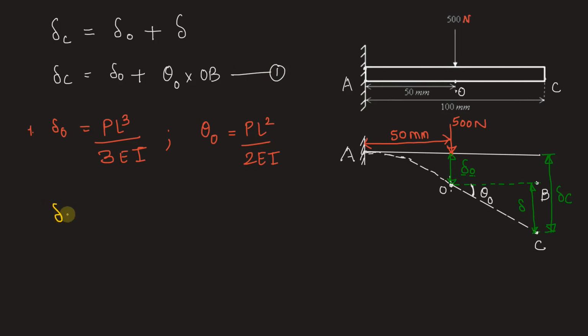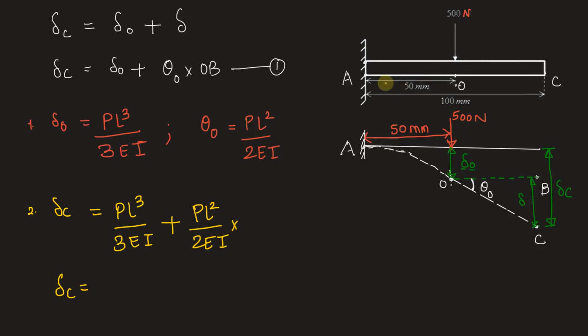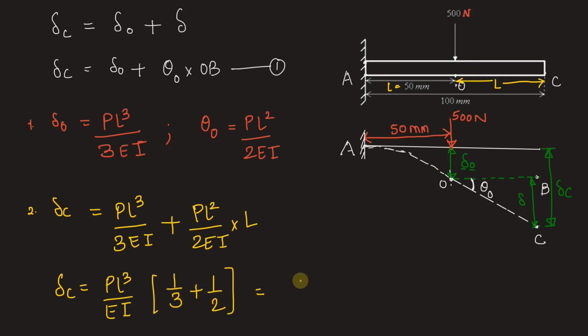We have delta C is equal to PL cube by 3EI plus PL square by 2EI into OB. Now because this is 50 mm, we have taken L as 50 mm. Remaining is also 50 mm. So we can say this is L. Hence we'll multiply again with L. Here we can take PL cube by EI common. In the bracket remains 1 by 3 plus 1 by 2. So this is nothing but 5 by 6 into